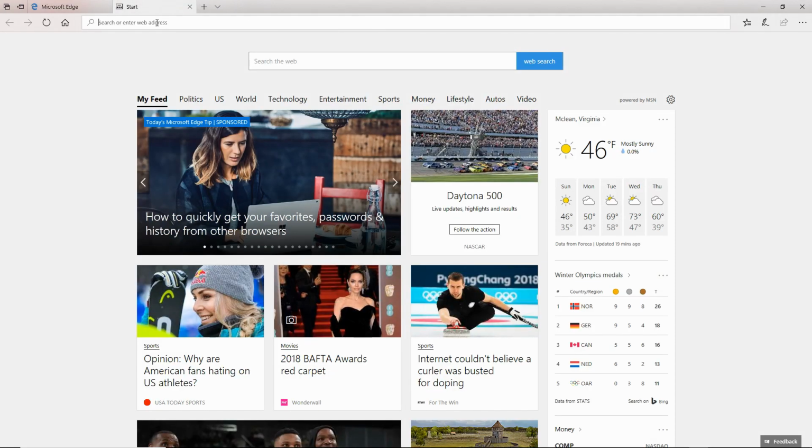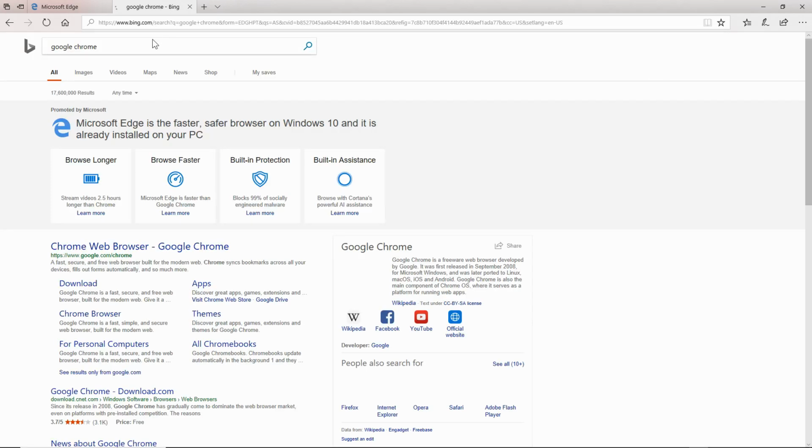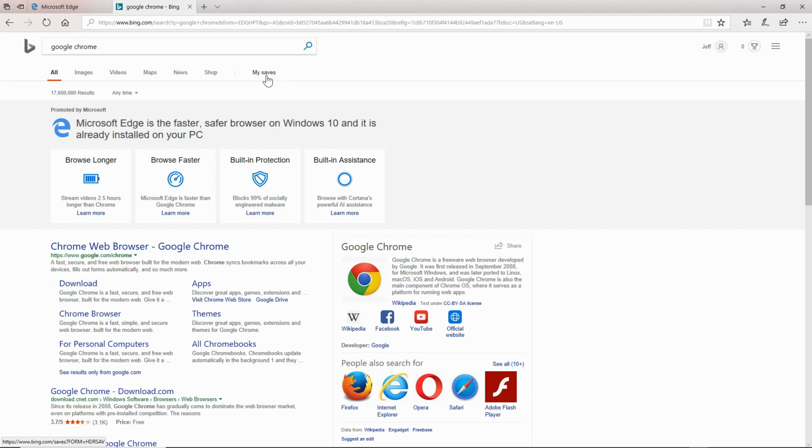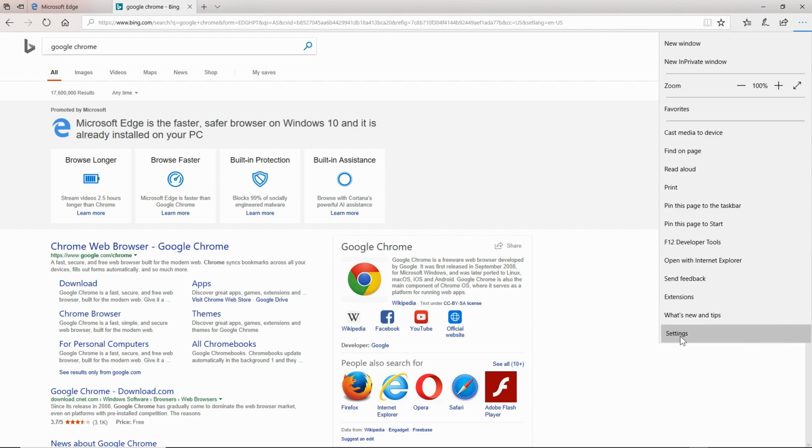And let's say, go to, literally just search Google Chrome on Edge and Bing, and it'll give you an ad by Microsoft giving why Google Chrome or Microsoft Edge is better than Google Chrome. It really is. I think, in my opinion, they just need to let it go. And if they're going to use Edge, they're going to use Edge. And if they're going to use Chrome or Firefox or Opera or Vivaldi or whatever you want to use, they're going to use that. But pushing it onto you and without as much customization or settings that works on, well,